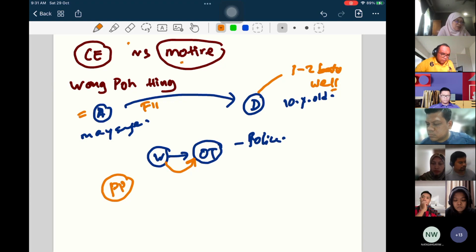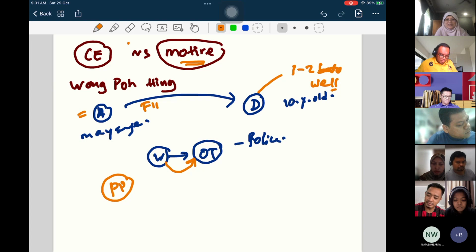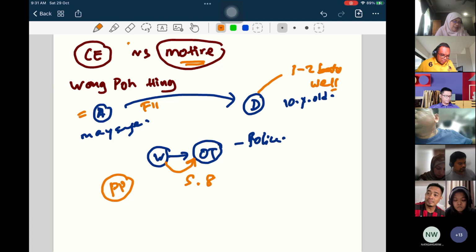Korang ni betul-betul lah. Dah nampak kat situ motif, tentulah motif section berapa? Motif? 6 doktor. Section 6 ke? Section berapa motif? Section 8. Okay, section 8. So prosecutor nak bawa accused person, nak bawa the wife and orang tua to give evidence in